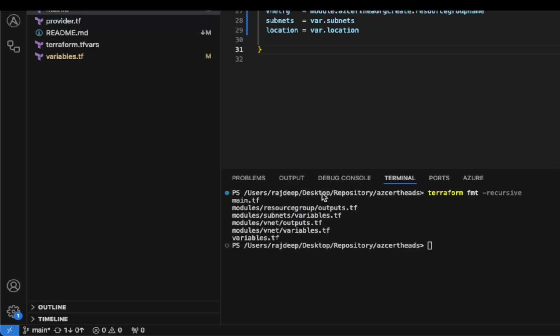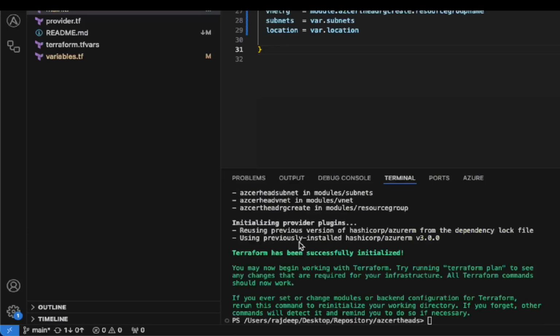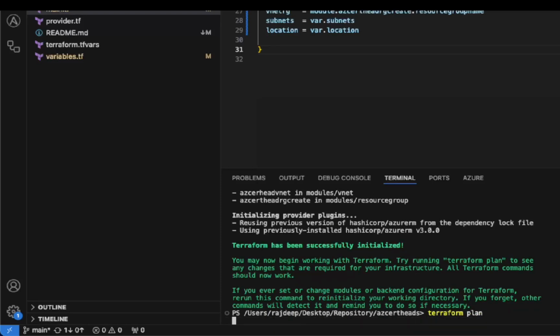Okay, now the code is ready. I have formatted it. Now let us run a Terraform init. We need to initialize Terraform since we have added new modules to it. Let us run the init command. Terraform is initializing the backend, and it has successfully initialized. Pretty good. Let us go ahead and create a Terraform plan. We need to understand what Terraform is going to apply, what Terraform is going to create. So let us run the Terraform plan,